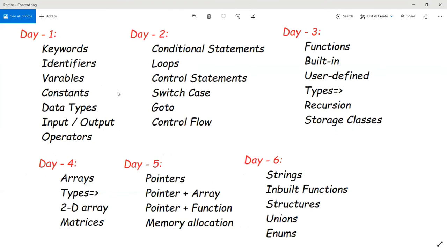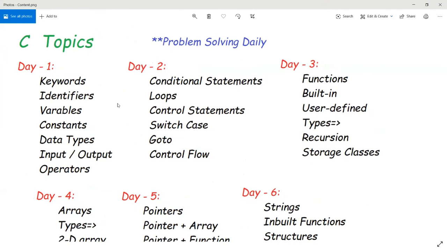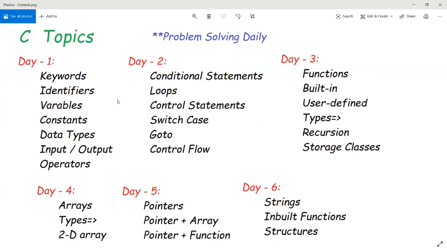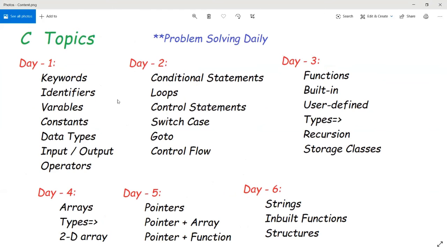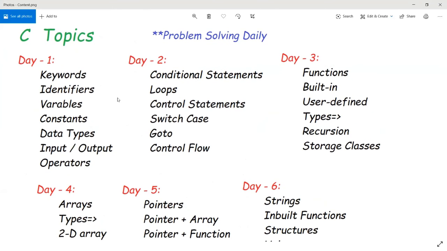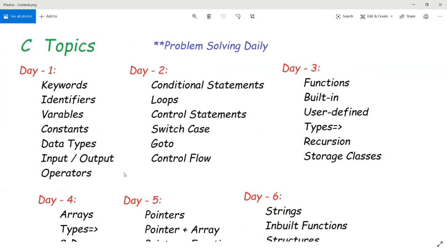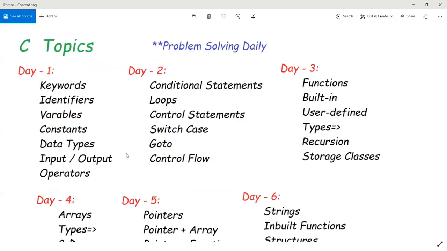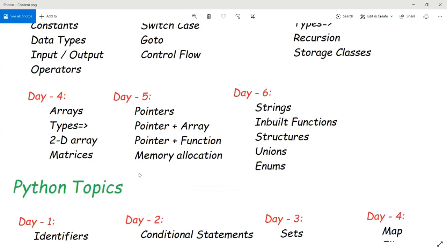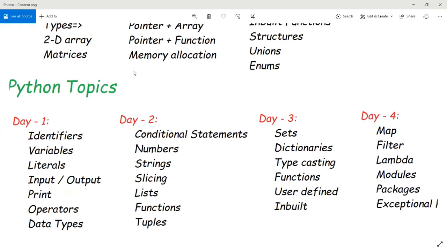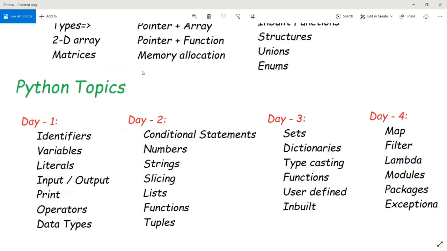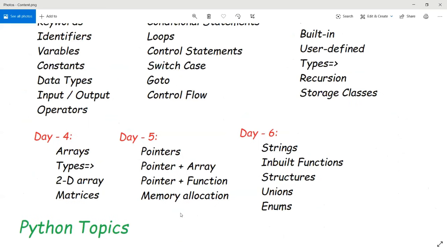These are the C content topics. Our main motto is in-depth solutions, solving the problems conceptually. Daily discussion of the problems as well as problem solving will be done. These are the first 6 days for C programming. And for Python, these are the 4 main days and the topics that might be covered. Each and every point will be discussed, and doubt sessions will be there.